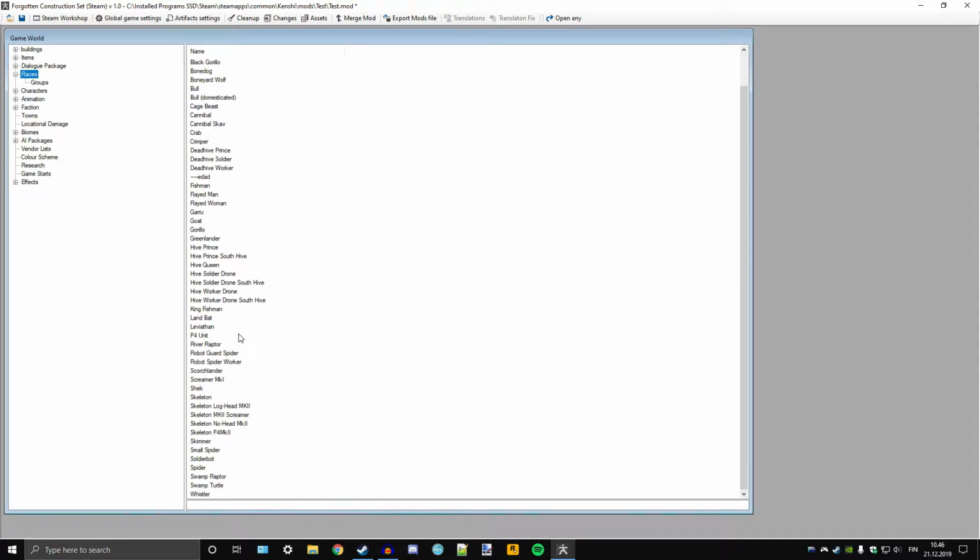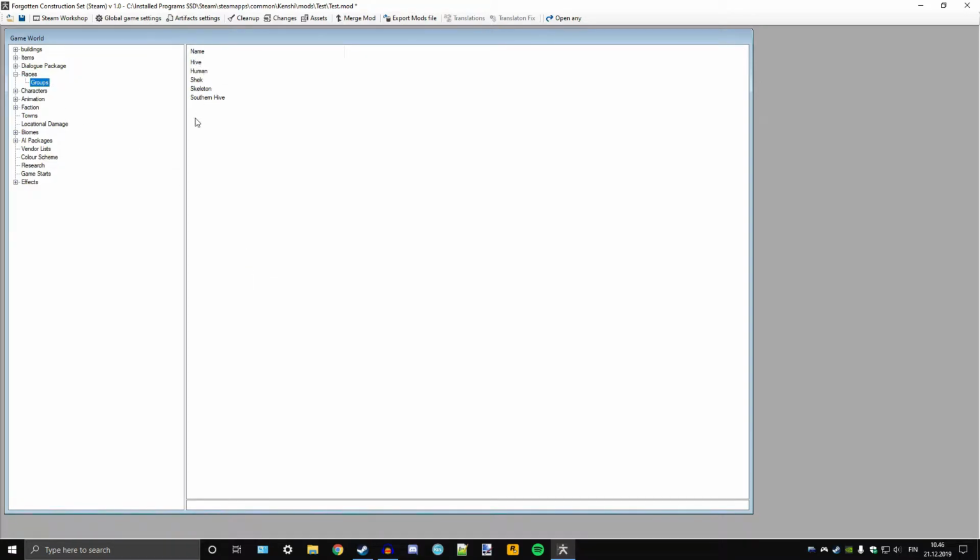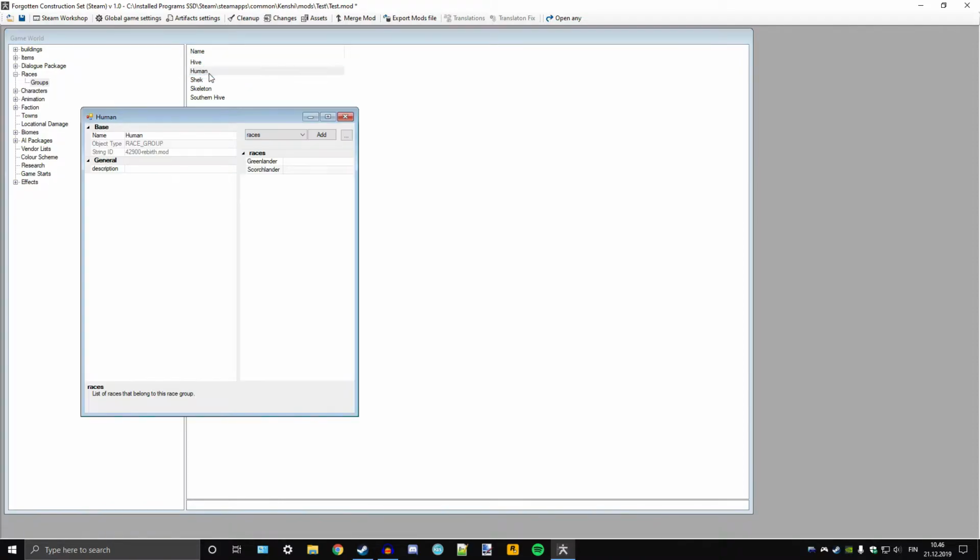I think the main races are here, and you can add some if you want to, or you can duplicate a race and then start editing it. Sometimes it's good if you want the basic values of something to be the same. You don't have to write it all down again and again. But these are the main categories, and if you click one, you'll see that the races that humans include are